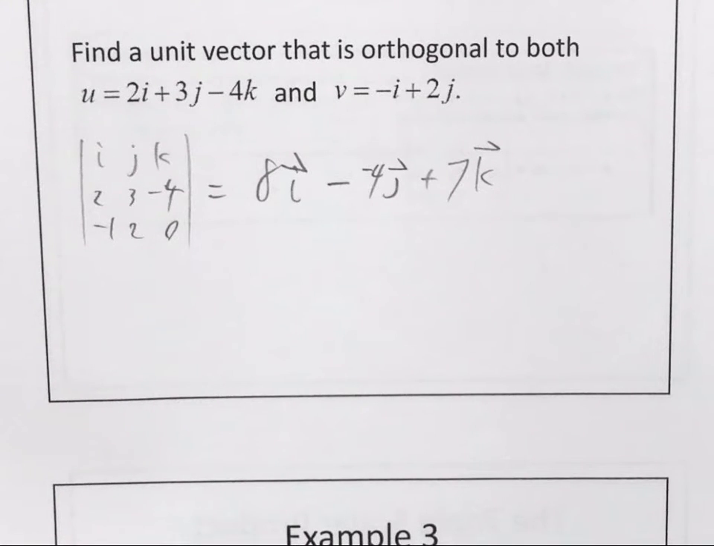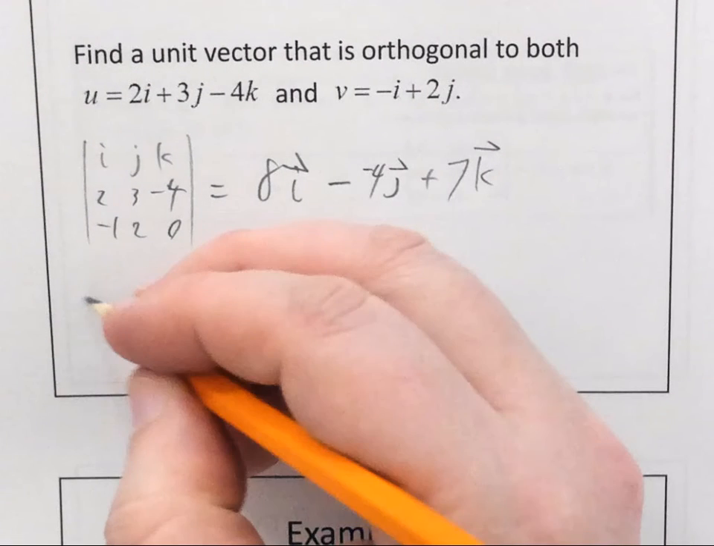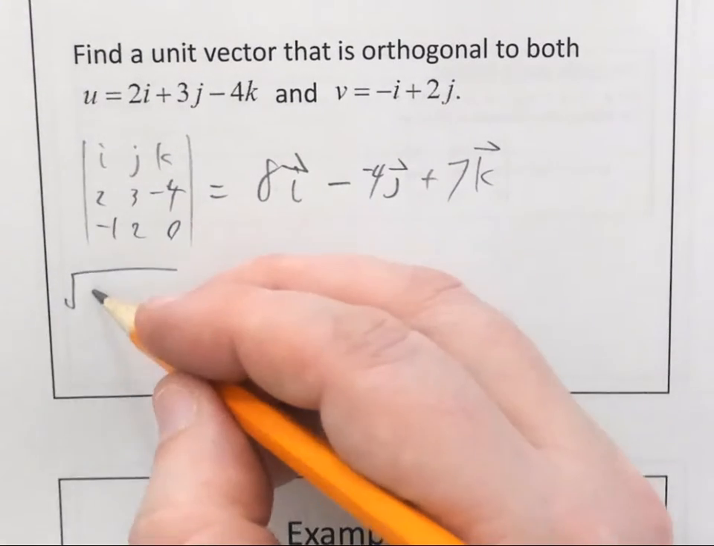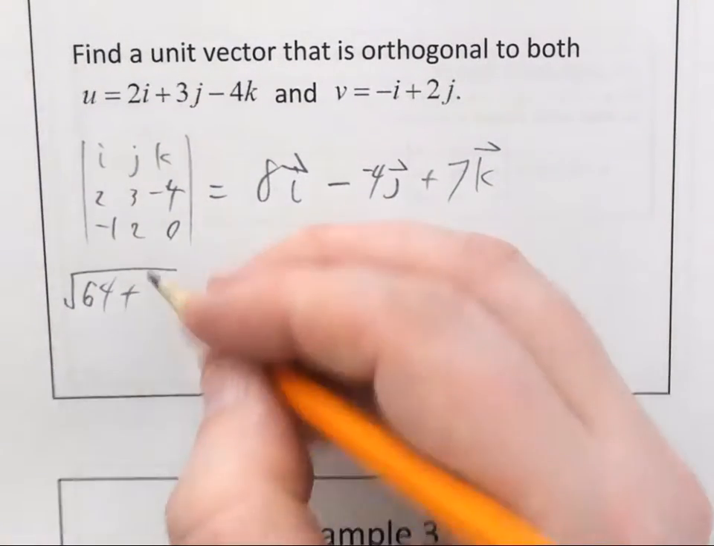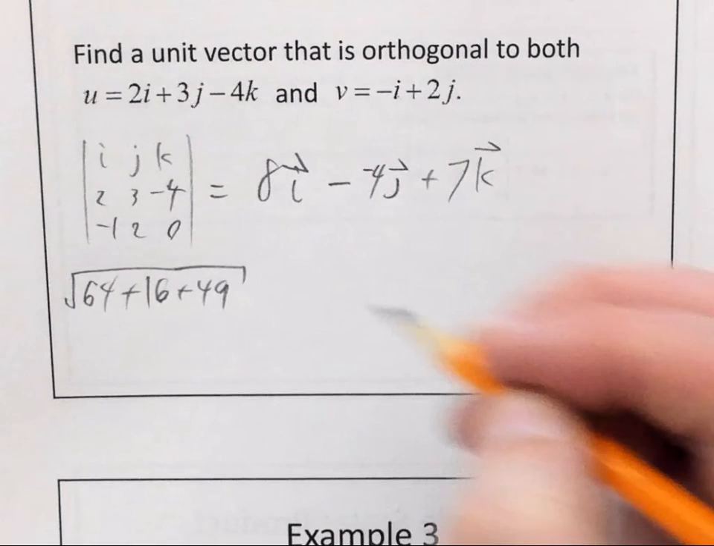So that's an orthogonal vector, but I need the unit form of it. How do I find the unit form of that vector? Divide by the magnitude. So to find the magnitude of this vector, that's going to be the square root of what? So 8 squared is plus, giving you